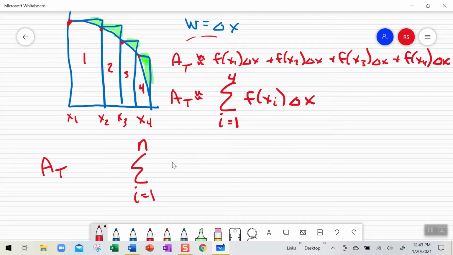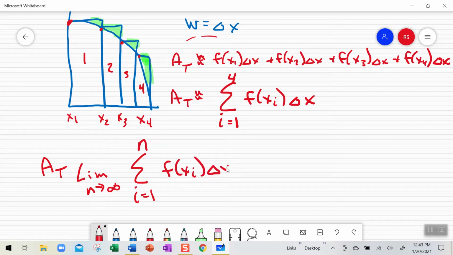N is maybe 10, maybe 1,000, maybe 1,000,000. N is some number of rectangles. We don't know how many rectangles now. But what I do know is I want to take the limit as n approaches infinity. If I let the number of rectangles get infinitely large in my Riemann sum,